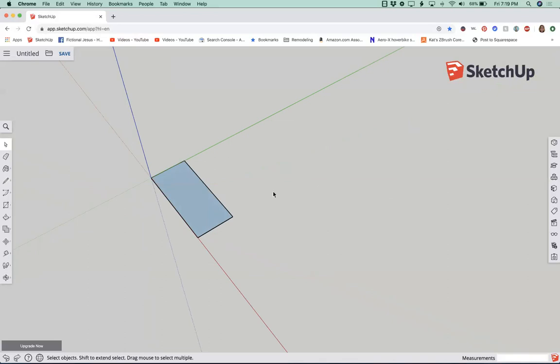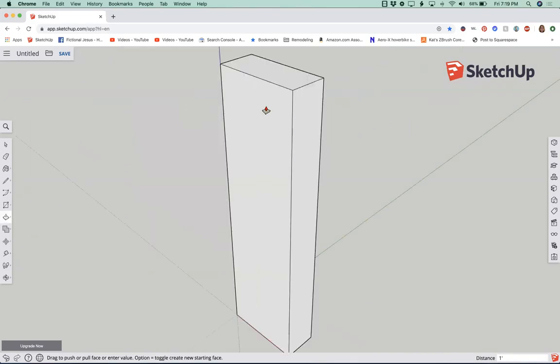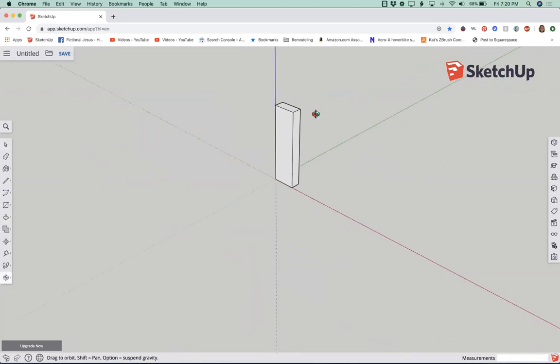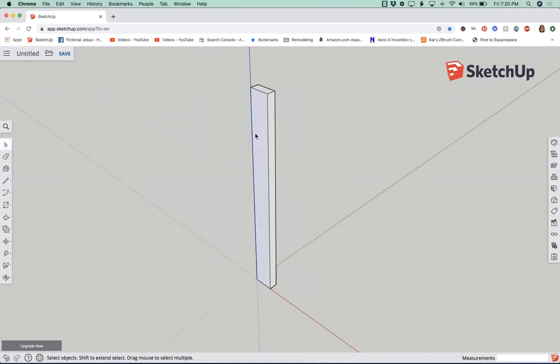The cool thing about faces is that once you've done that, you can choose this thing called the push-pull tool. This is where you click and start creating something that's three-dimensional. So in this case, if I were doing a 12-inch piece of wood, I can enter 12 inches and I end up with something that's actual size. What's interesting is if you were trying to build something that was 3 feet tall, well, we've already made this 12 inches tall. I can go back in and extend that another 24 inches,